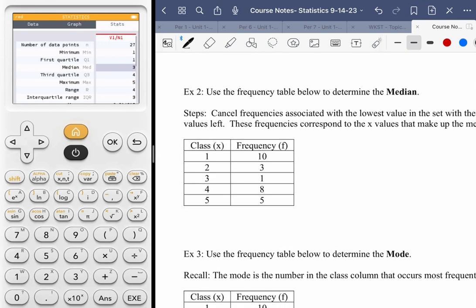All right, so I have 5 5s on the high side. I can cancel 5 of these with 5 of these. If I do that, I'm still left with the other 5. So I'm basically canceling all 5 of the 5s with 5 of the 10 1s. All right. Then I'm going to cancel all 5 of the 1s with 5 of the 8 4s. Always working my way inside. All right. Then I would cancel these 3 values with these 3 values, and I would be left with 1